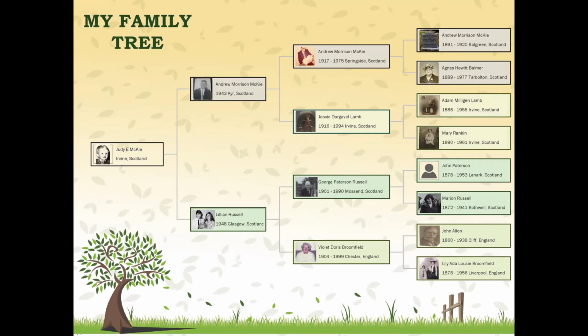Now you will see some examples if you look through this, that when you go to my grandfather, George Patterson Russell, that his father's not Russell. As I say, not all situations are the same, not all situations are that the parents were married. So he took his mum's maiden name because they were not married. So that just gives you an example, but always write down for females the maiden name before they were married.